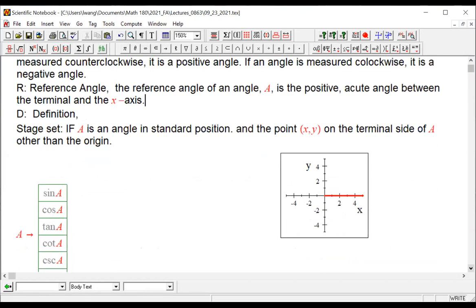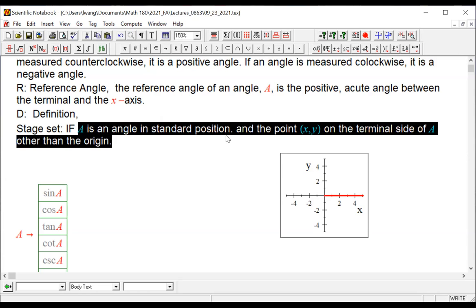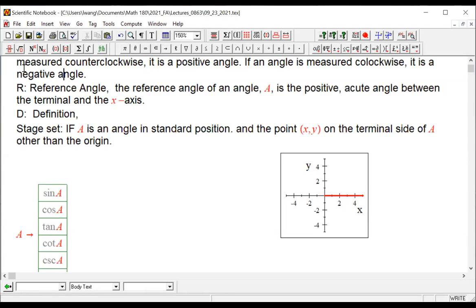After A and R, we have more things on the stage, because we need to have some specifics. Then we say A is an angle in standard position, which means it's measured as described in A. And a point, so there's a description about this point. What is that description? Once we have measured the angle, for example,